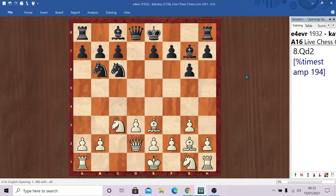And if h6 is played, I forced a slight concession where black can't castle, and then I can play rook c1. But instead, knight d4 is played, and the idea is to play knight f5, which will attack the bishop and prevent bishop h6. And if I play bishop h6 immediately, there's always the threat knight c2 at some point. So after knight f3, my plan was attack the knight, but unfortunately for the second game in a row, my